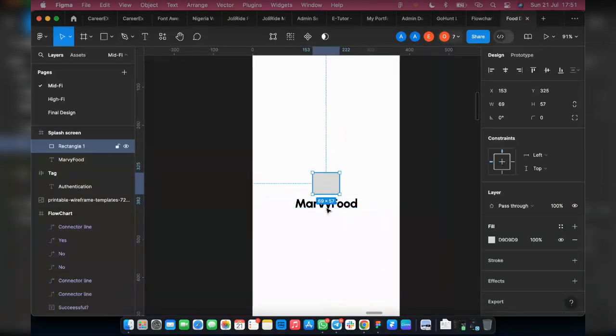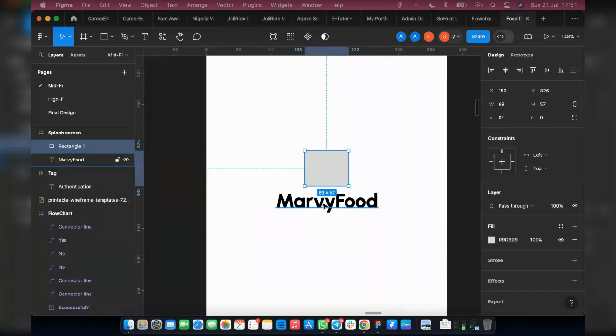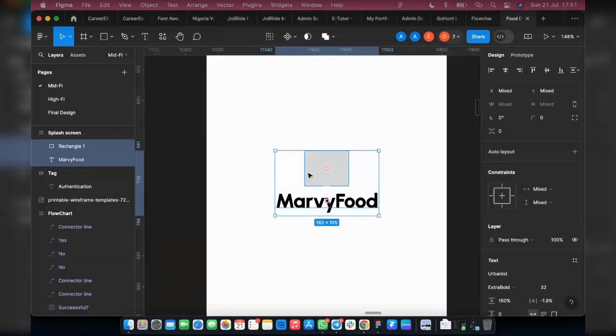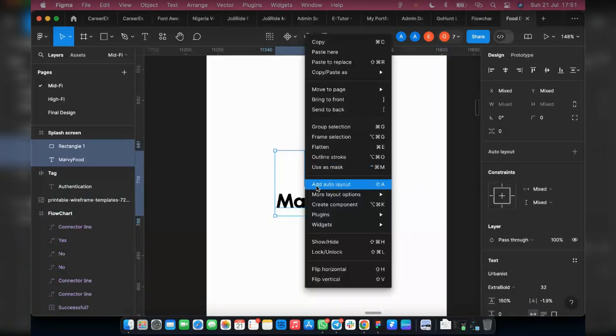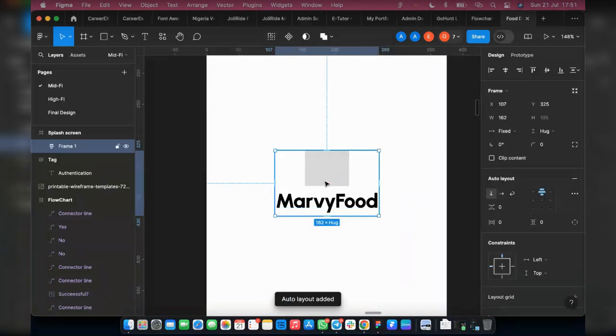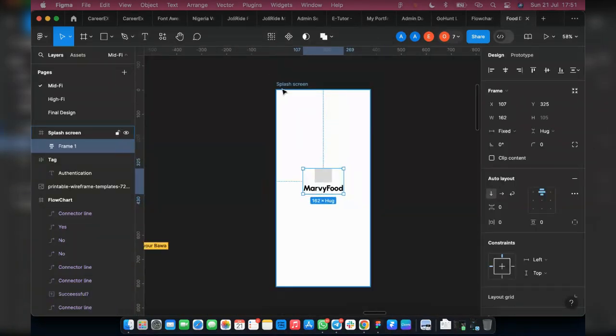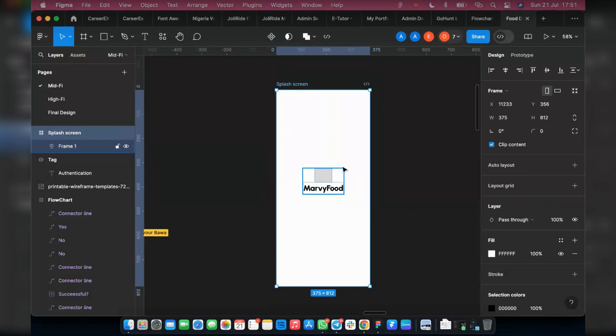So this is actually going to be my logo. So I'm going to hold these two together, and then I will right click and go to auto layout. So once I've made it auto layout, I'm going to change it. Do you want to use a white background or a dark background? I would love to use a dark background. So I'm just going to change this to